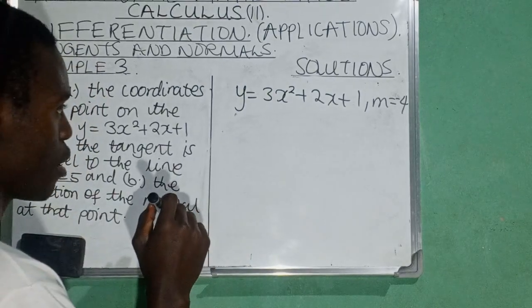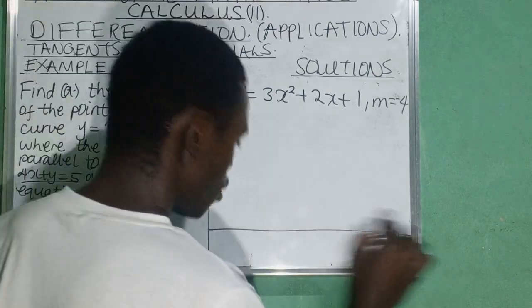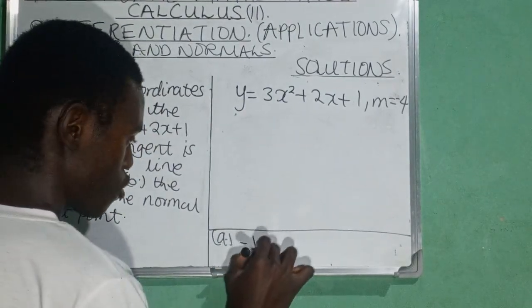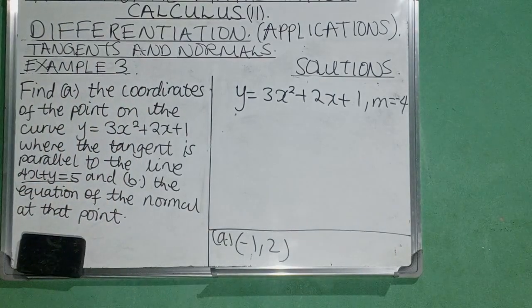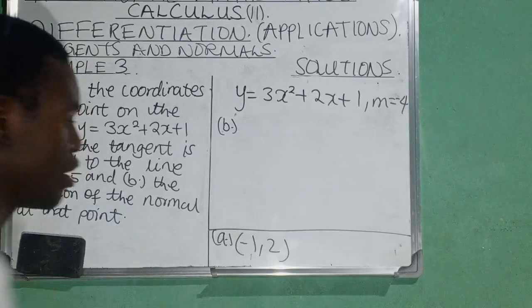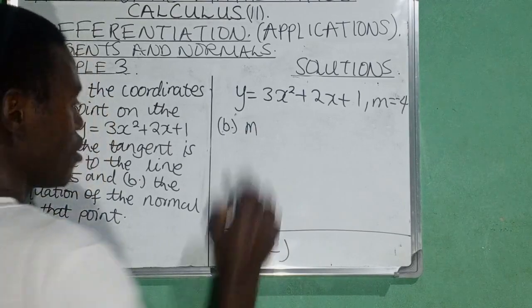So what are we going to say? We are going to write our answers down here. So for question A, the point is negative 1, comma positive 2. That's what we have found. And then question B, they are saying the equation of the normal at that point. Okay? So for question B, what we know is the gradient, which we can call m1,